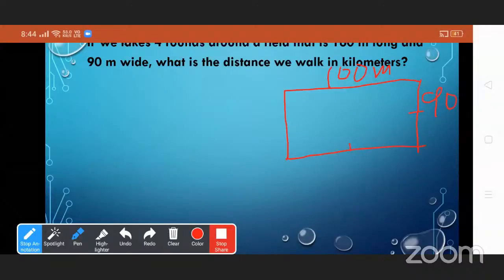Now tell me, what is the perimeter of a rectangle? P is equal to...